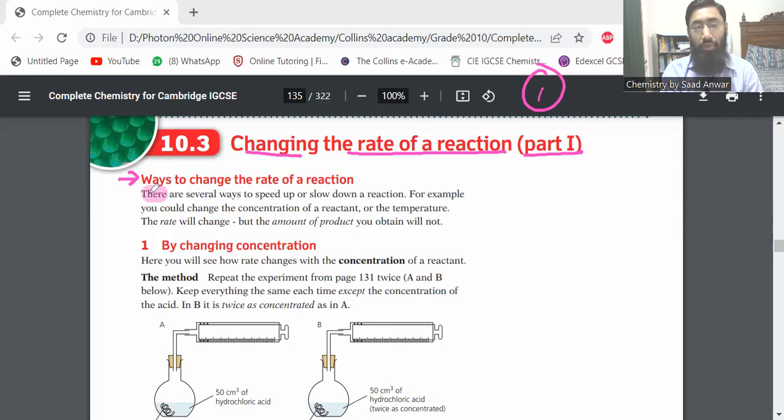There are several ways to speed up or slow down a reaction. For example, you could change the concentration of a reactant or the temperature. The rate will change. Very important point: but the amount of product we obtain will not. The point I am going to explain is,